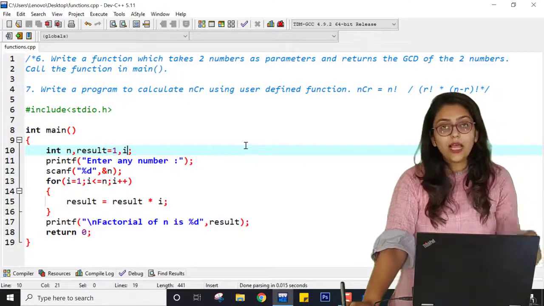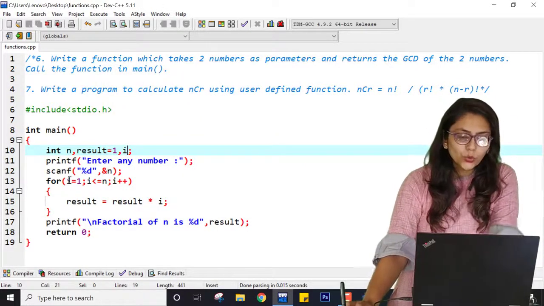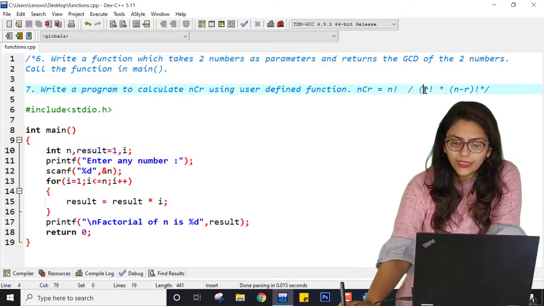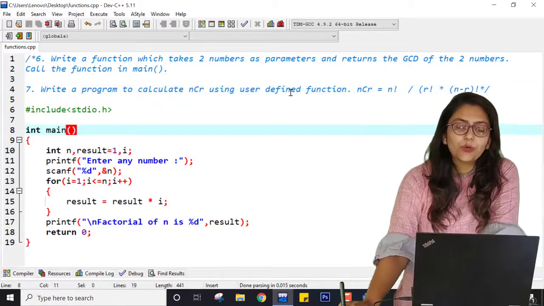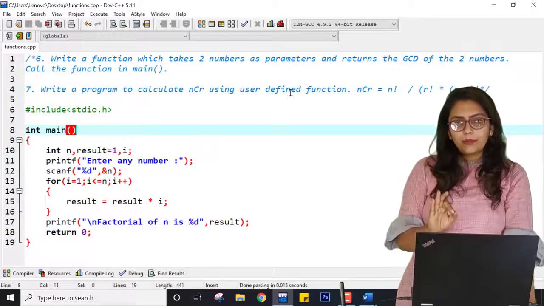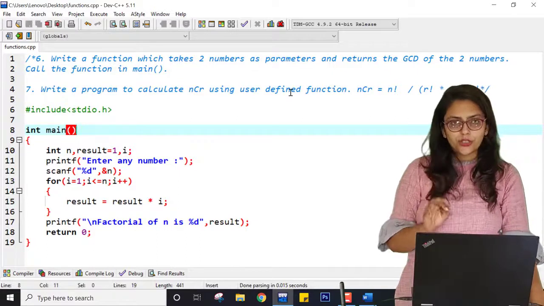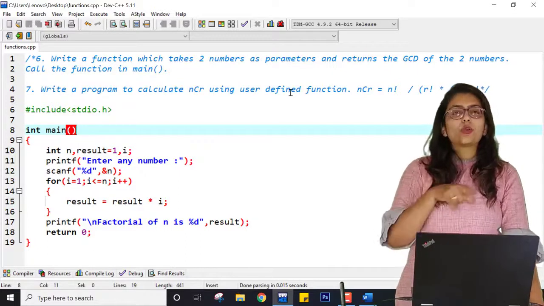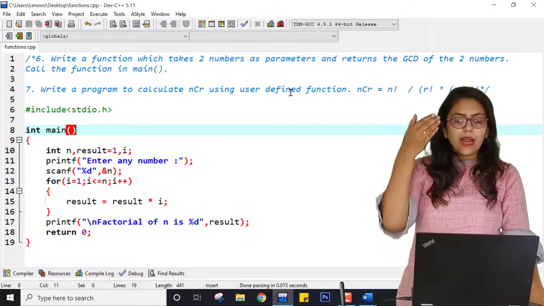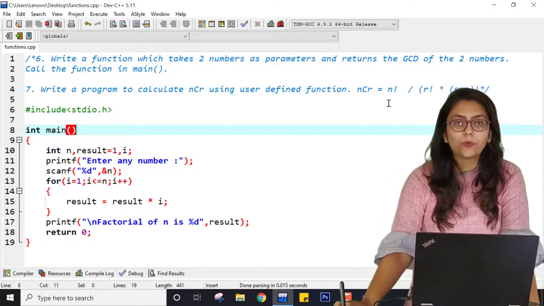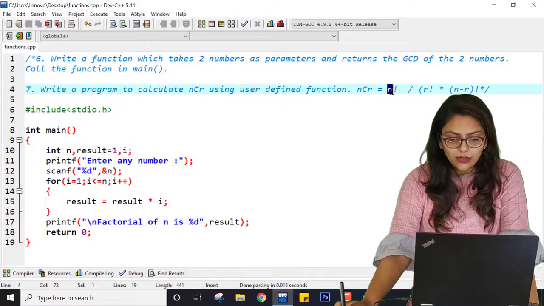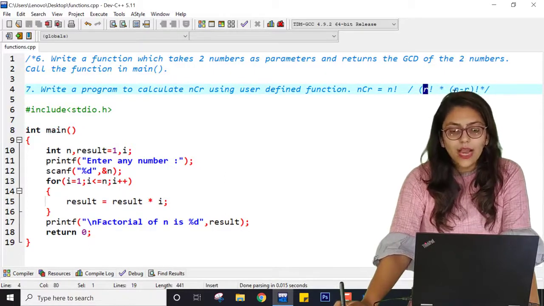Now what will happen? Here I am finding factorial of r, factorial of n minus r, and factorial of n. So this program is the best example of why you should use functions. Because if you are not using function, then by using loops you have to run this loop 3 times, for n, for r, and for n minus r.